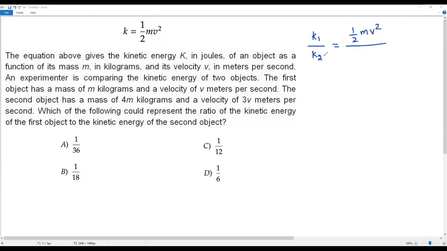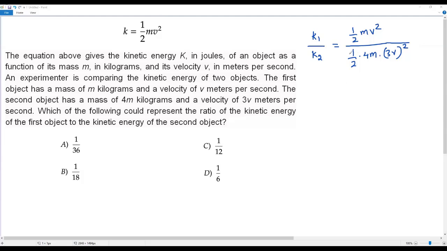Okay, now let me write the kinetic energy of the second object, K2, using the same formula. The question says the second object has a mass of 4m kilograms and velocity 3v meters per second. So to get the kinetic energy K2, I have to plug in 4m for this m over here and 3v for the v over here. So K2 is 1/2 times, for m I plug in 4m, and for v I plug in 3v. Since the velocity has to be squared, this entire 3v has to be squared,